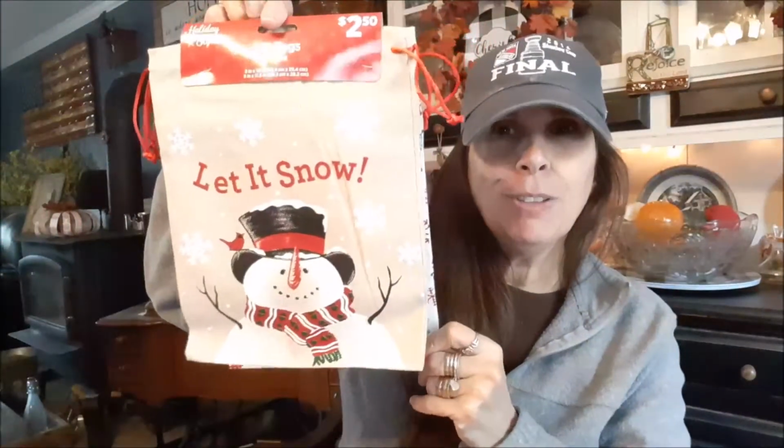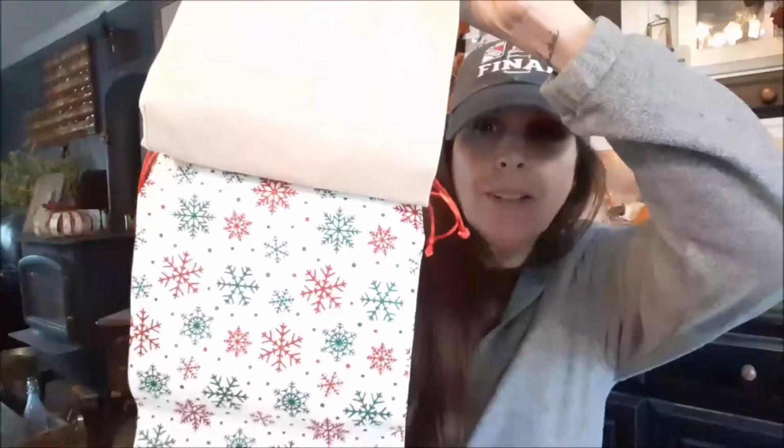Okay, then I had to pick up 2 of these cute little gift bags. They're 2 count for $2.50. I love things like this. And I always say I'm going to make things like this, but when you can buy them for $2.50,